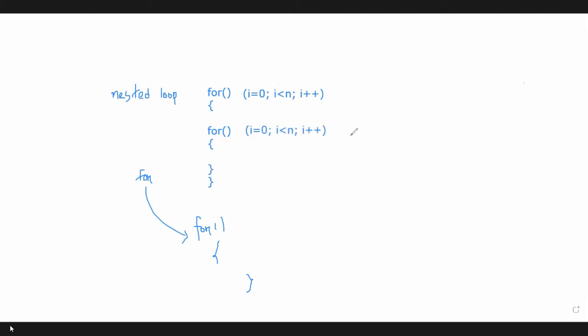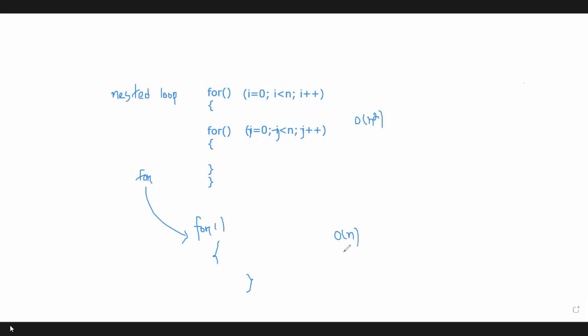Ma'am, you showed this yesterday. It will be big O n square. Yeah, very good. So it will be n squared, right? And what about the second portion of the algorithm? Suppose here i equals 0, i less than n, or i equals 1, i less than or equal to n, i plus plus. So what is the complexity? Order of n, right? Yes, ma'am. So in this portion of the program, we got the time complexity order of n square, and for this code, we got order of n.